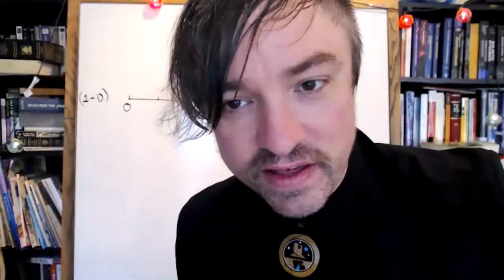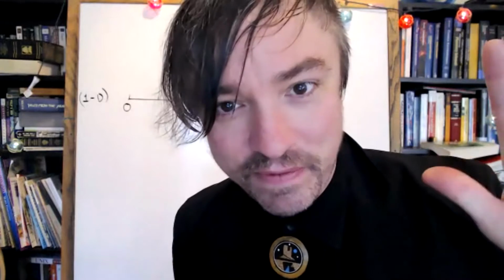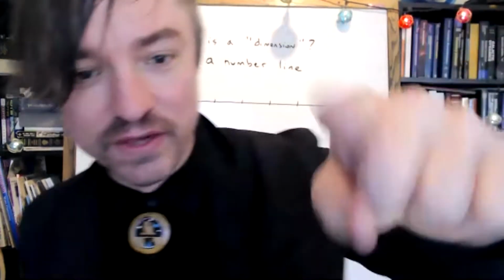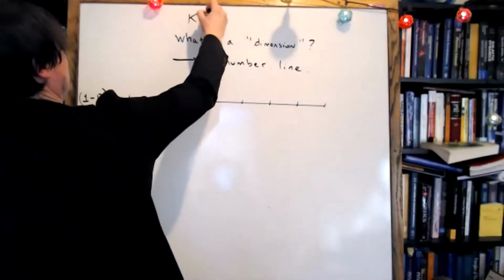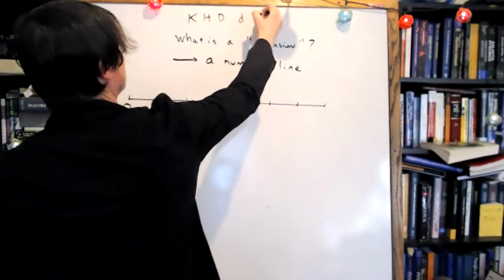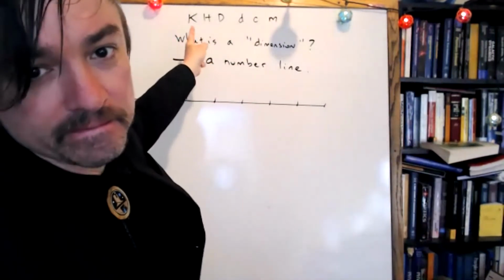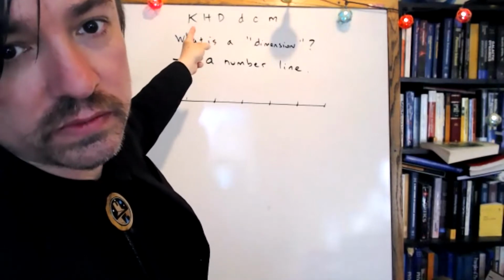Now, do you guys know the mnemonic device for the metric system? The kids learn it as King Henry's dog drinks chocolate milk. Has anyone ever heard that before? You guys have? I didn't learn that because I'm too old now, but my students taught that to me. So who can explain what King Henry's dog drinks chocolate milk means? I remember learning that, but I can't put words to it.